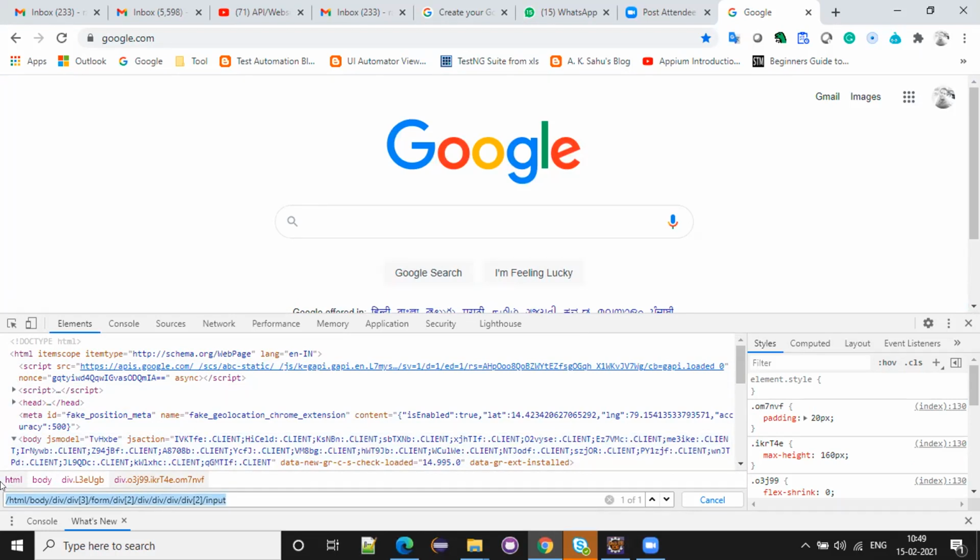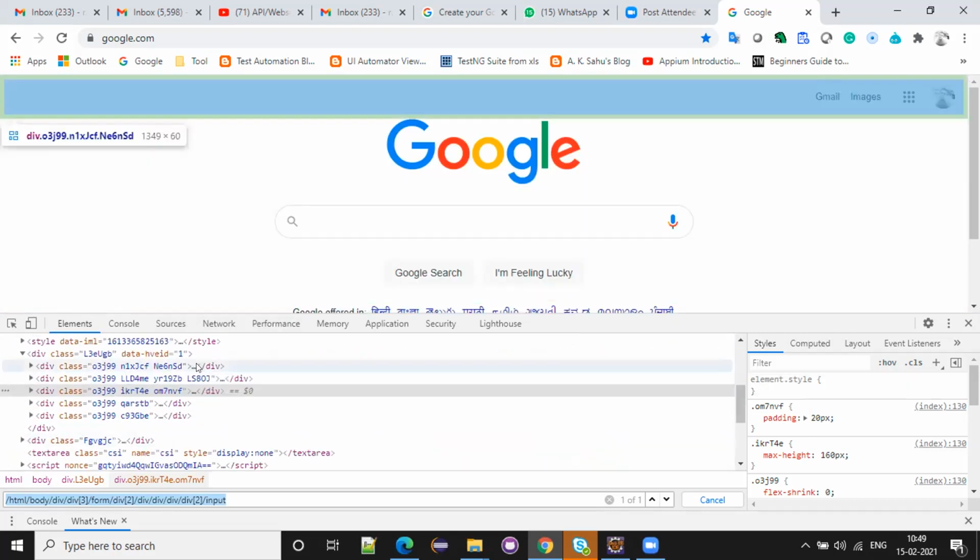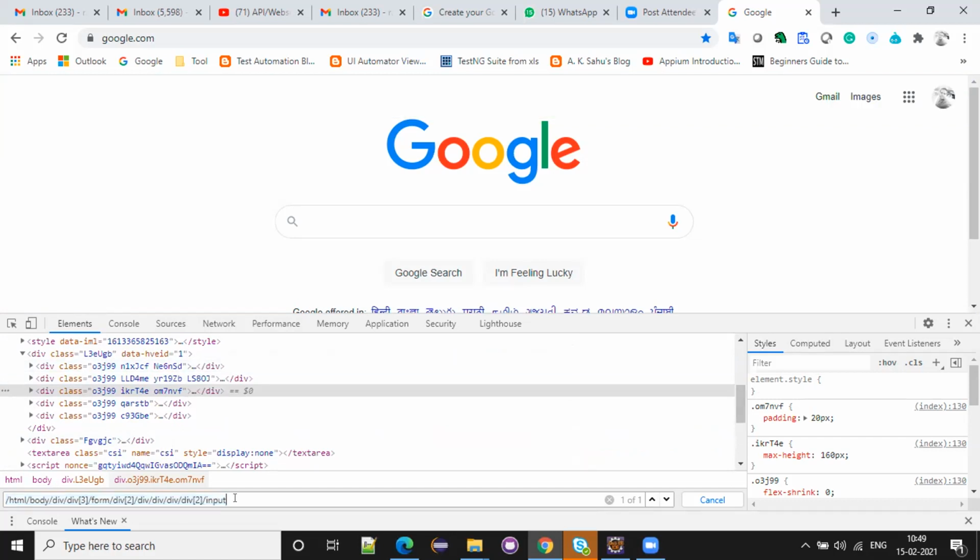But in a real-time scenario, we won't use absolute XPath, because tomorrow, in this hierarchy, they might change this search box and keep it here, beside the mic. Then the hierarchy will definitely change, and our input box won't work. So if anything changes in this hierarchy, our test case will definitely fail. So using absolute XPath is not good.